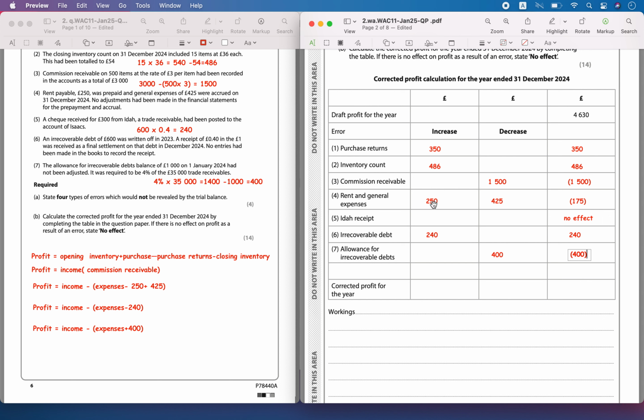Let's add up each column. Overall we have to write 4,640 plus 350 plus 486 minus 1500 minus 175 plus 240 minus 400. This is going to give me a value of 3,641. So this is the correct